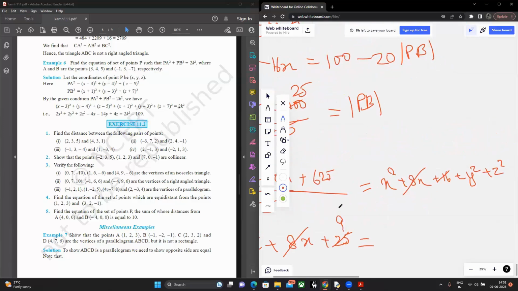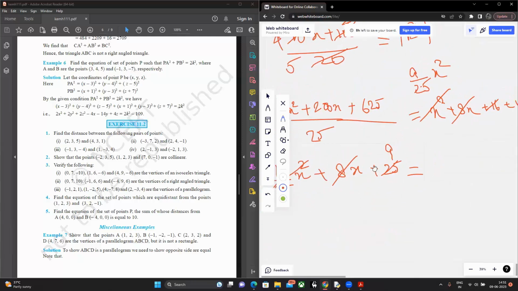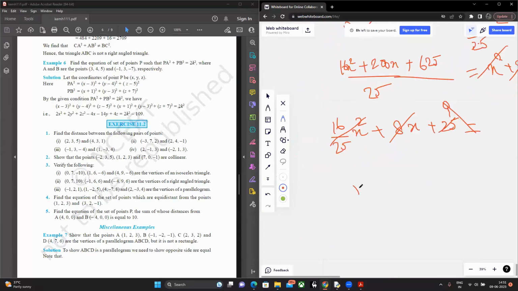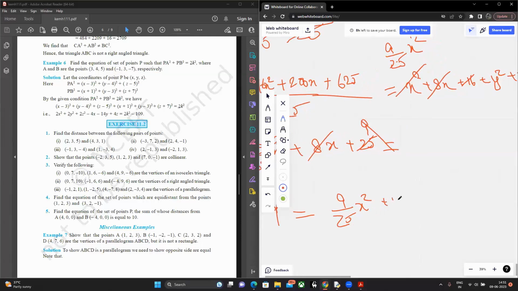This 16 by 25x square cuts over here and you are left with 9 by 25x square. So therefore, you are left with 9 is equal to 9 by 25x square plus y square plus z square,